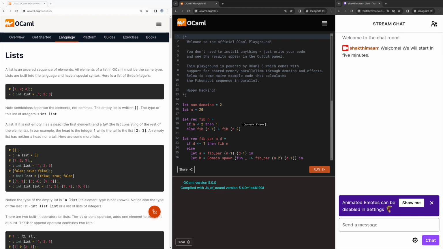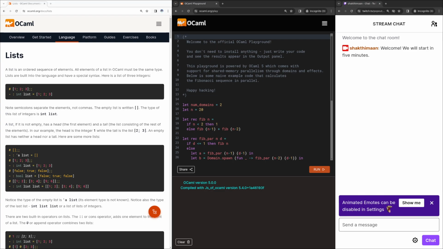So today I initially thought of going over the loops and recursion section, but I thought the list module is something that is relevant for that. So today we'll go through the list module, some of the basic functions that are available. Feel free to type in the chat if you have any questions. Feel free to post it on the chat, and we will proceed in going through the list section in the